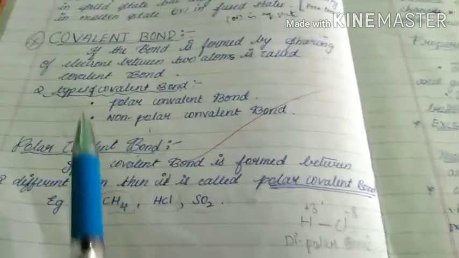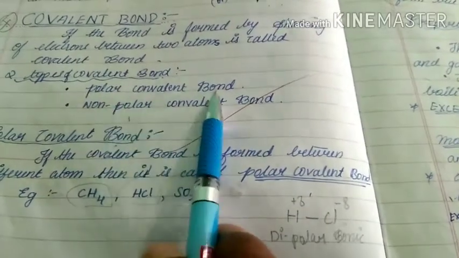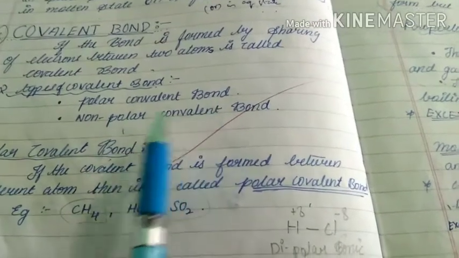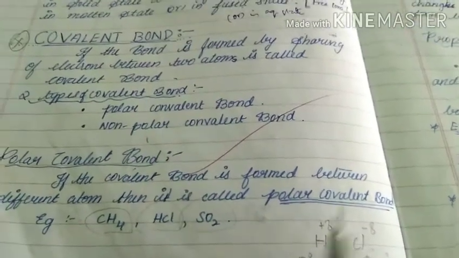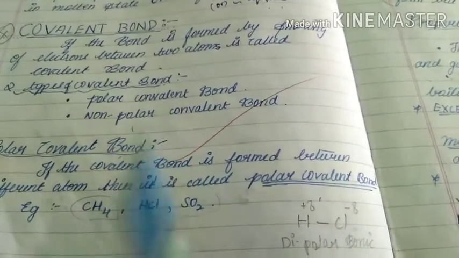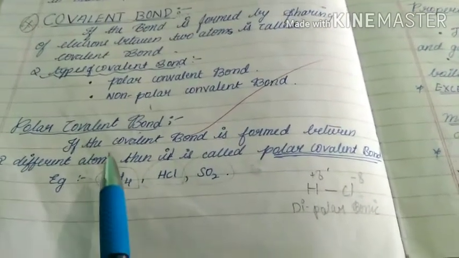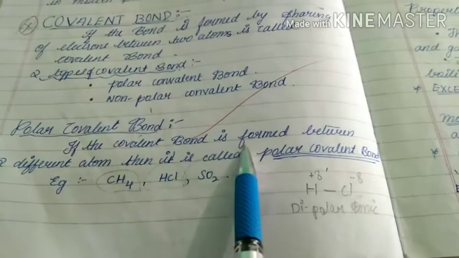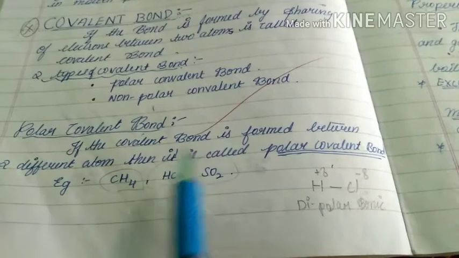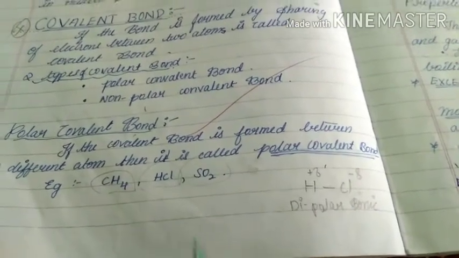Next, covalent bonds are of two types. They are polar covalent bond and non-polar covalent bond. Now we will discuss what is polar covalent bond and non-polar covalent bond. See, polar covalent bond means if the covalent bond is formed between two different atoms, then it is called polar covalent bond. For example, take